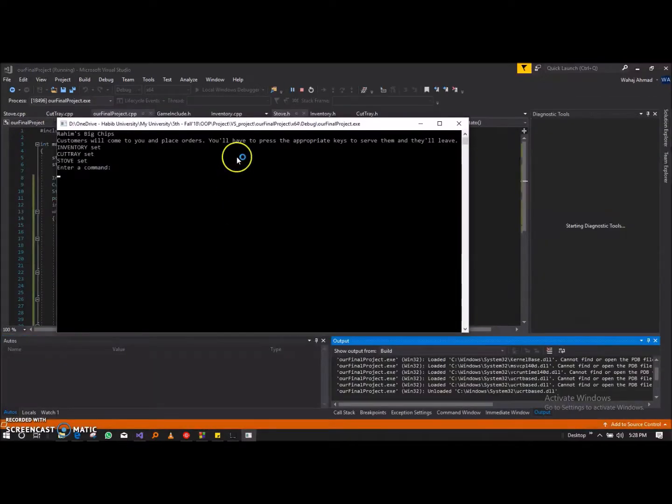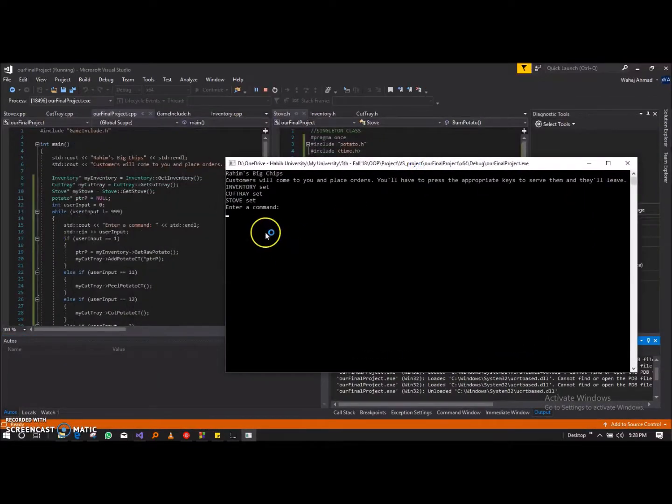So far we have been taking user input from the keyboard because, since I'm working on the back end, I have not merged it with the SDL. So if you press 1, it says potato added. Cut tray now has a potato. If you press 1,